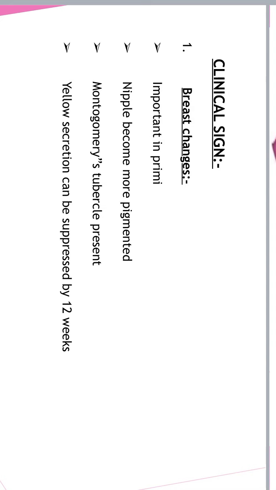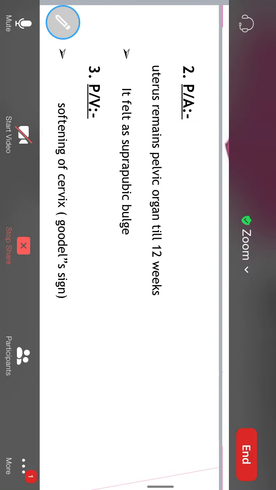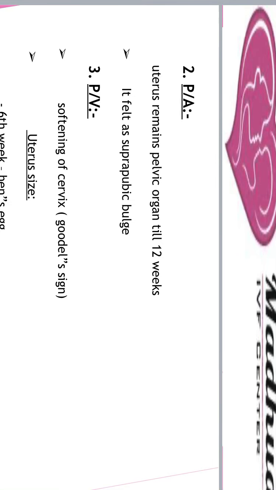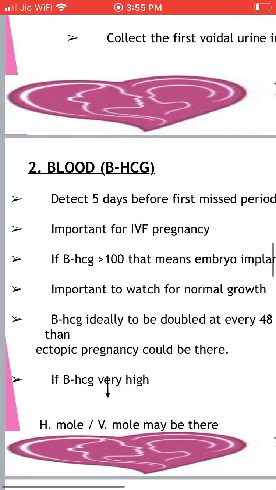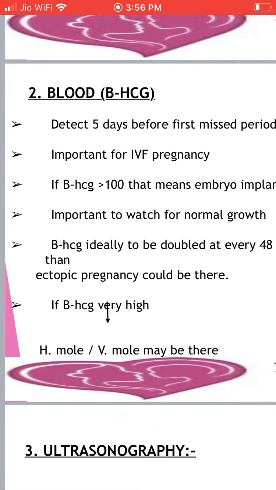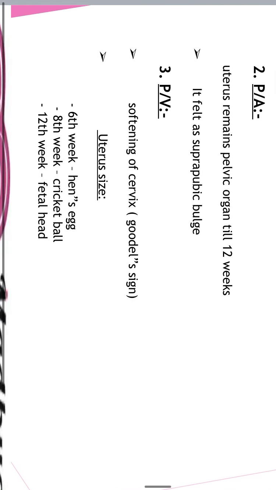Yellowish secretion called colostrum can be secreted by 12 weeks. So these are the breast changes you see in pregnant ladies. On per abdomen examination, the uterus remains a pelvic organ till 12 weeks. It can be felt